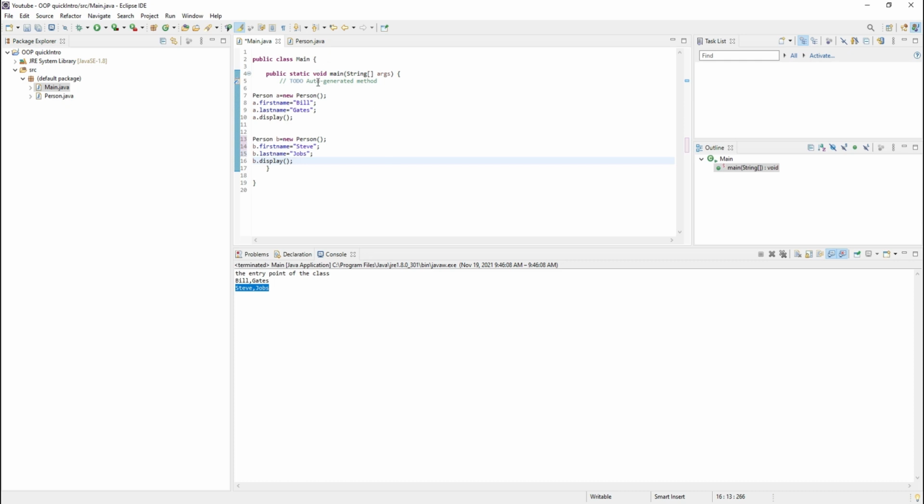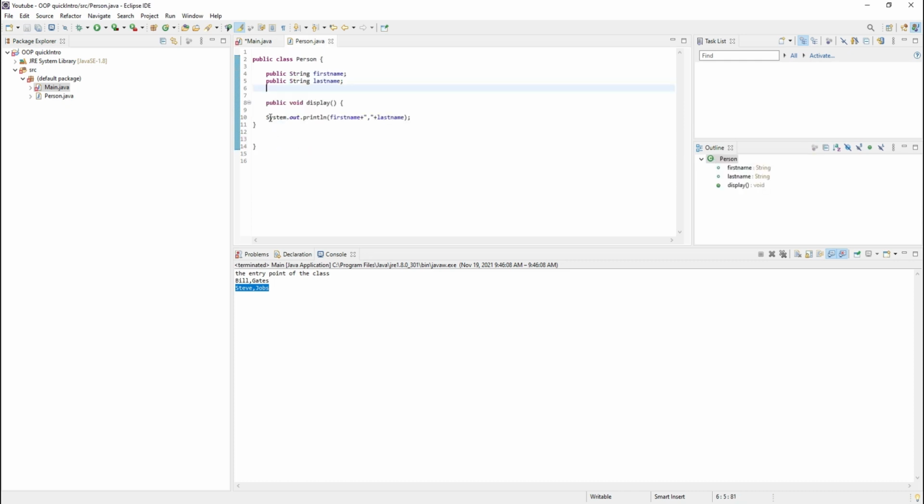Let's talk now about constructors. As we said previously, each program has its entry point. The class as well has its entry point, and it's called a constructor. A constructor is a method with the same name as the class and has no return type. For example, here, public Person is a constructor,